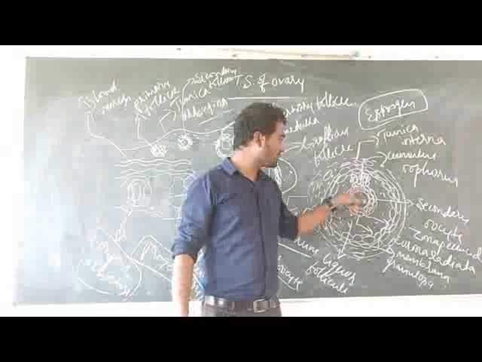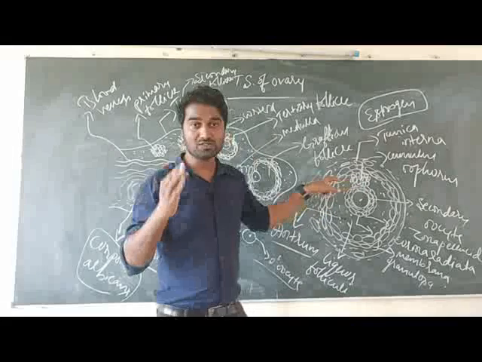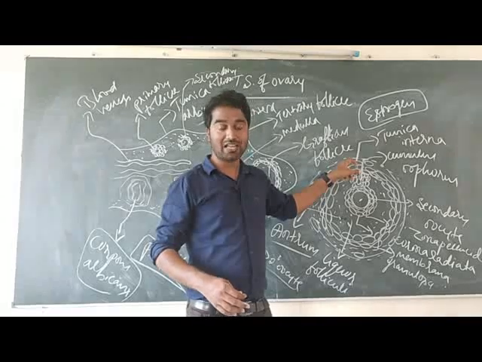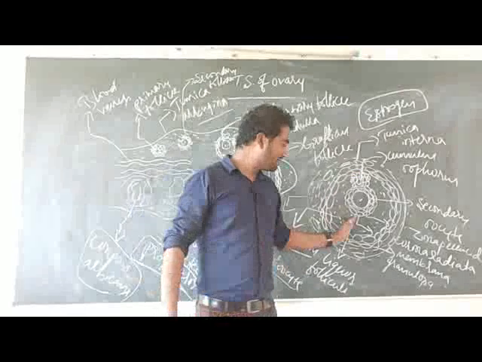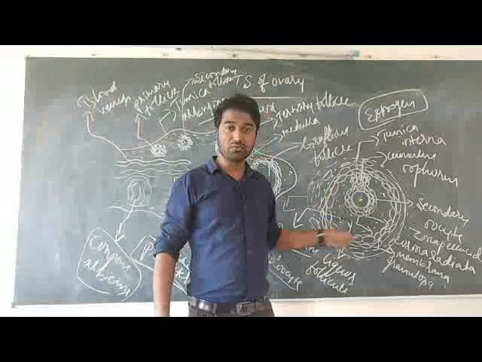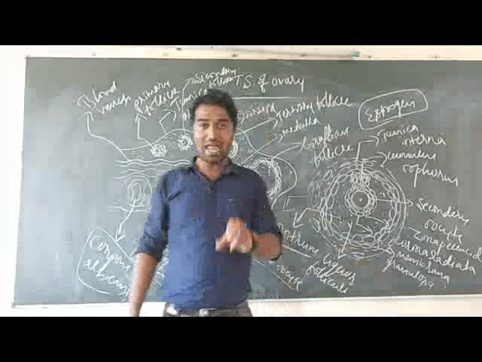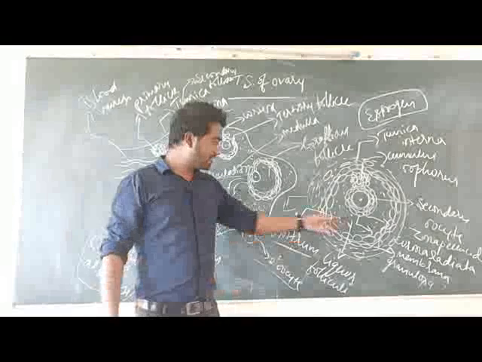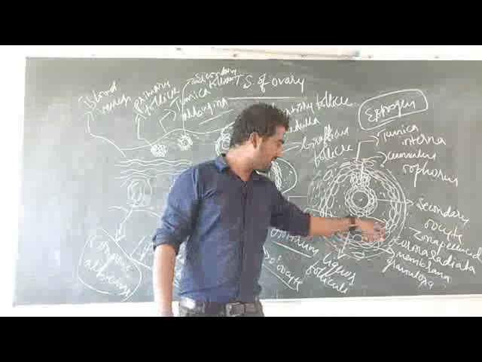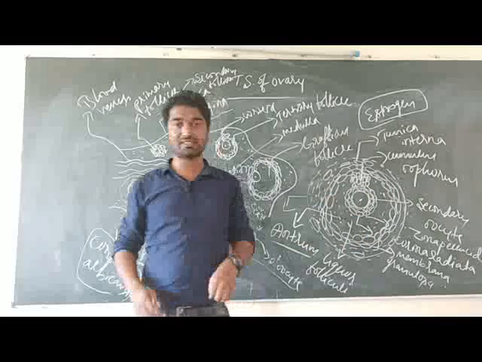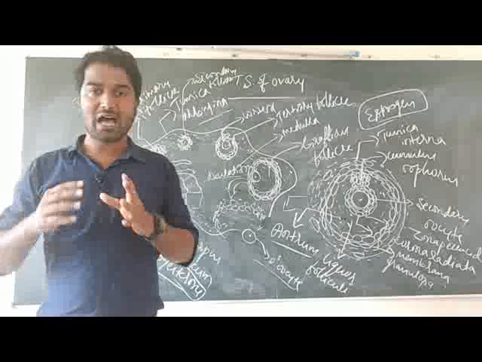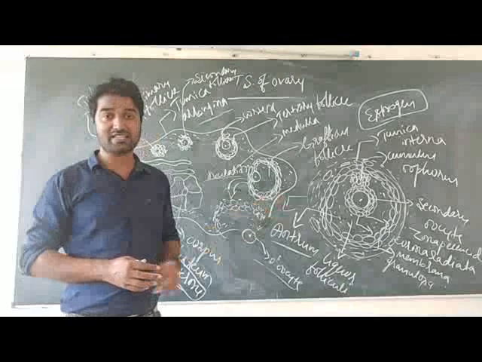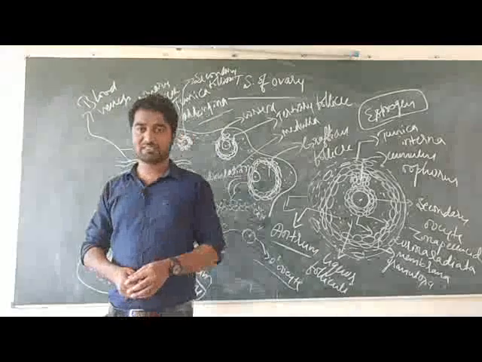Here this is the secondary oocyte, and the cumulus oophorus. The function of the cumulus oophorus is to connect this secondary oocyte with the membrana granulosa layer. Okay, and the cavity present around the secondary oocyte is known as the antrum. Antrum is the fluid filled cavity. And these cells are known as membrana granulosa cells. They secrete a hormone known as estrogen hormone, that is responsible for secondary sexual characters in the case of females. Okay, clear?